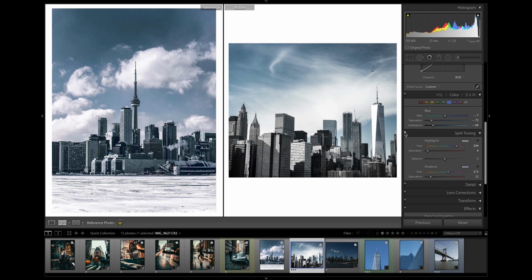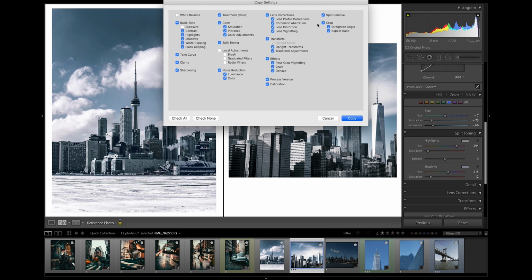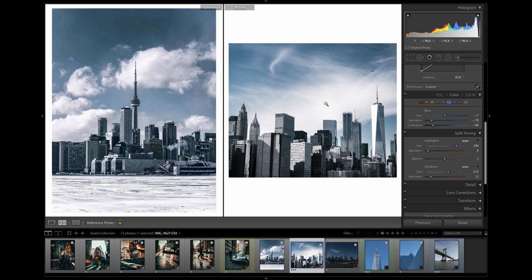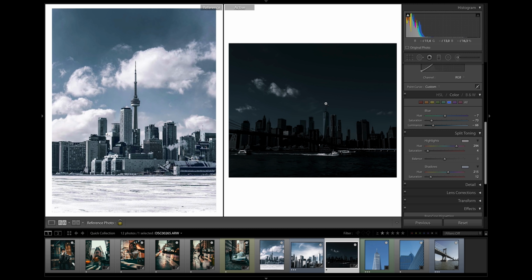And if we flip the split toning on and off, you can see how much of a difference it does make to the edit. So I think I am happy with that, and I'm just going to go ahead and copy these settings to the rest of my examples just to see how you guys can apply it to your own photos as well. So moving over, I'm just hitting Command C and Command V to paste these settings onto